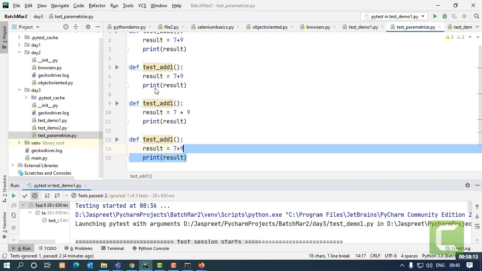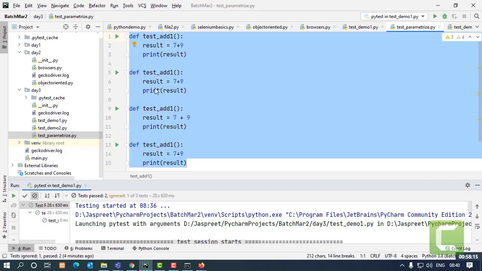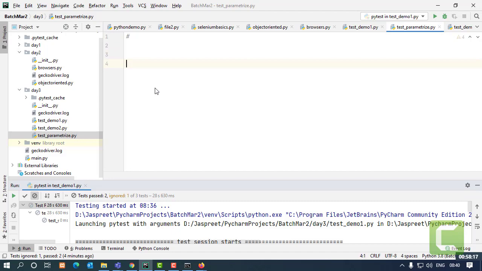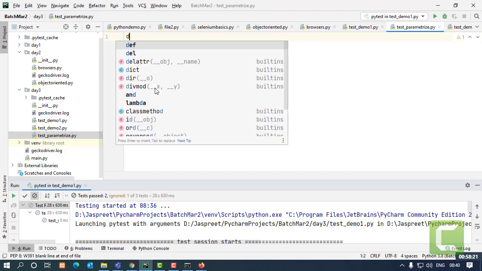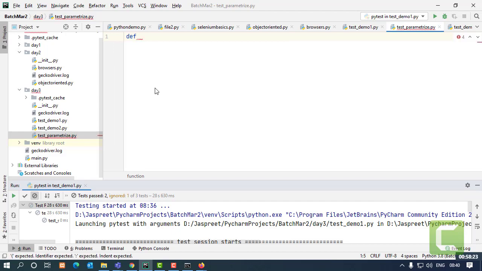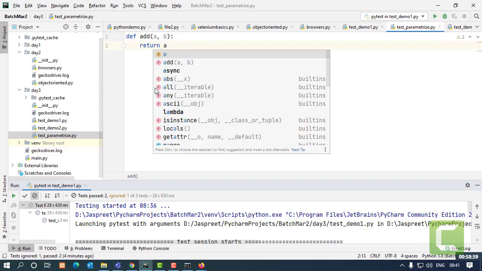How to do that? I'll make one normal function, which is going to add. This function is going to accept parameters a and b whenever it's called, and I'll return the output of this.